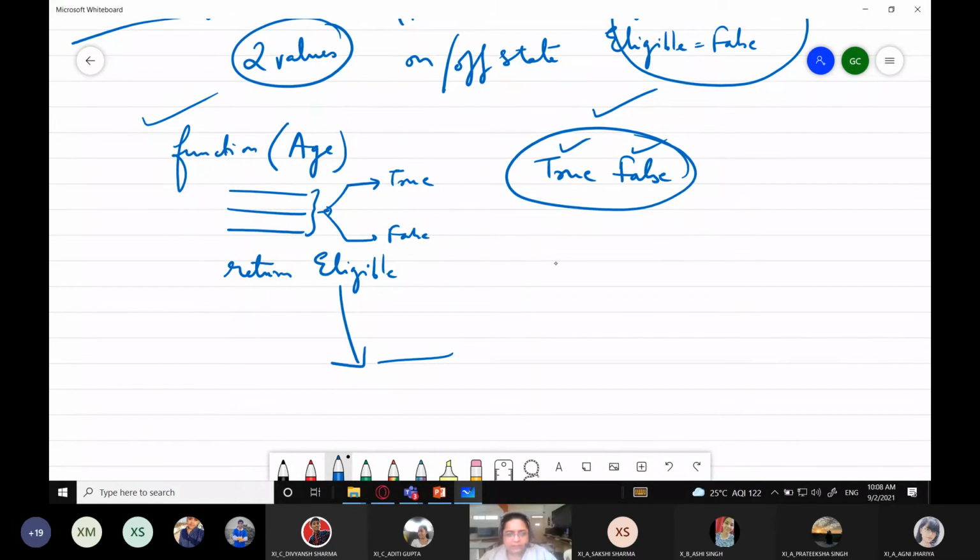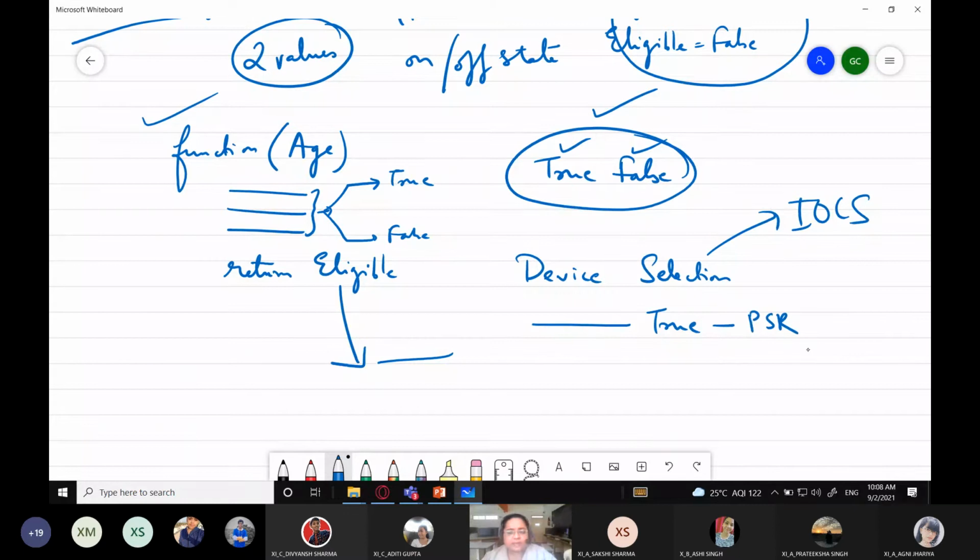Like for example, when we were studying device selection, do you remember that device selection in IOCS? If the device was available, what was set? True was set in the device selection flag. That is the process state register, PSR register. True was set. And if the device selection was not successful, false was set over there.